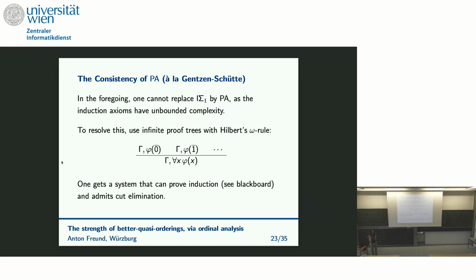And specifically for us, the point is that in this system you can now prove induction. I won't do that on the blackboard because the idea is really quite simple. If you have the premises of induction, that phi holds of 0, and whenever it holds for x, it also holds for x plus 1, then you can prove that phi holds of n for each fixed n. For 0 you have it given already, and if you have a proof that phi of n holds, then you can use the induction step, taking you from n to n plus 1, to give a different proof that phi holds of n plus 1 as well. So you can reach each fixed finite number, but then you can put all these proofs together via the omega rule to get a proof that phi holds for all x, which is the conclusion.